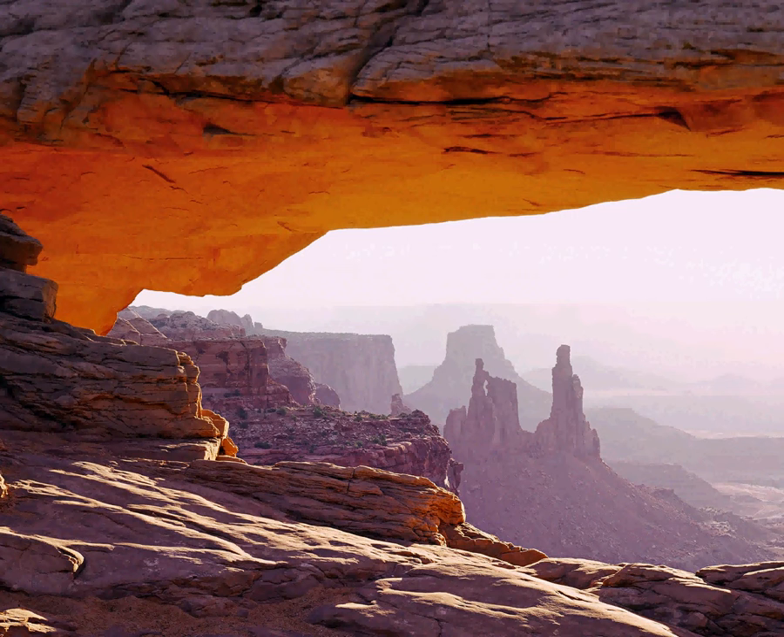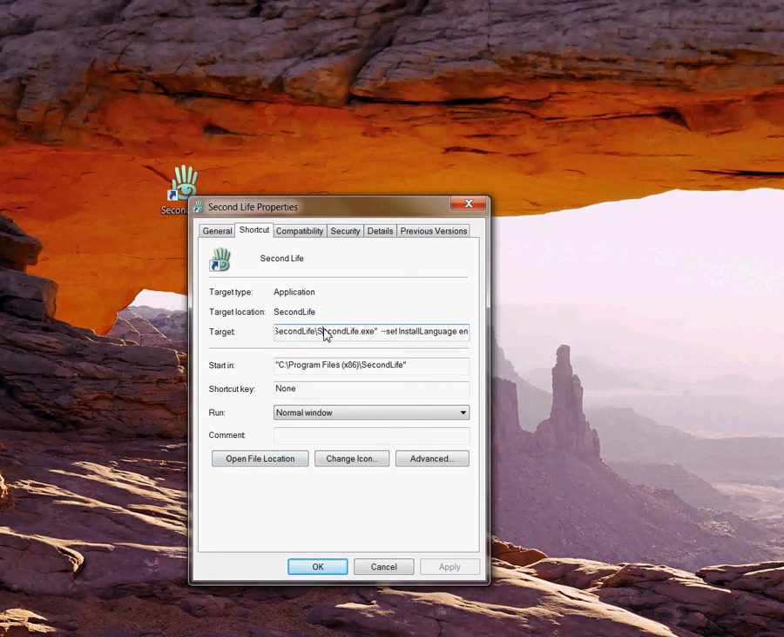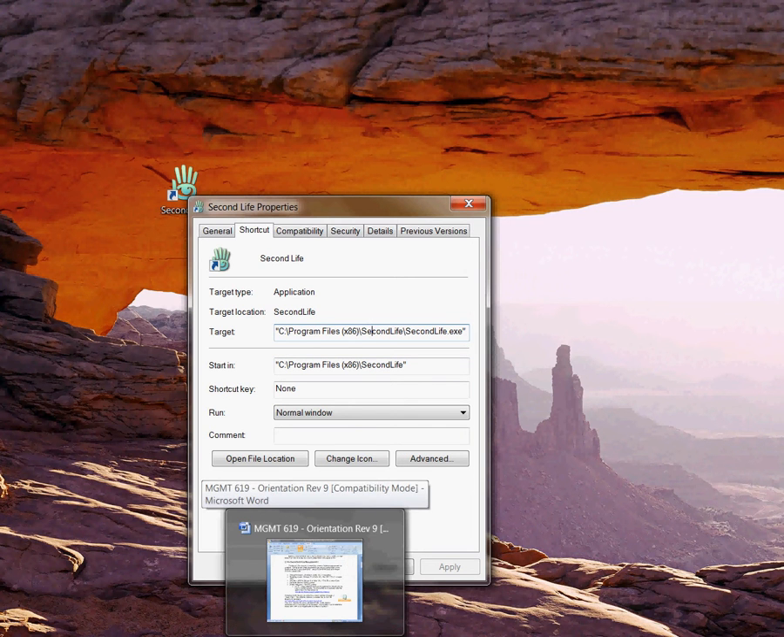Now after the installation runs, you should see an icon that looks like this that shows up on your desktop. If I hover over this icon, right click and hit Properties, you'll see up here I've got this long string of text in my target. Okay, this is what we're going to be modifying to tell Second Life where to connect in lieu of Linden Labs. So I'm going to go back to my orientation material,